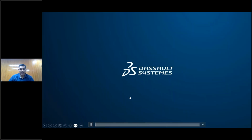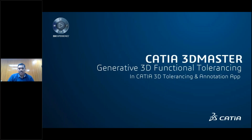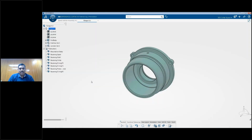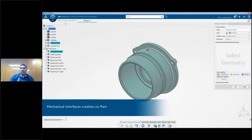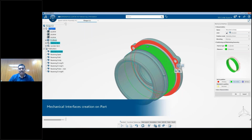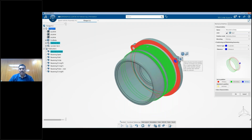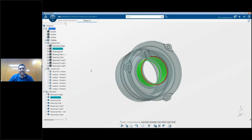So I will take this example of this particular model, wherein the software itself is able to run through the semantic tolerancing model, and it is able to generate the semantic tolerances along with the dimensions here in a single click of a mouse button. Earlier we used to do it individually, but now, once you define all the parameters and run through the semantic advisor tool, you are able to create the complete set of dimensions and tolerances along with the datum planes, and also whatever is needed in terms of